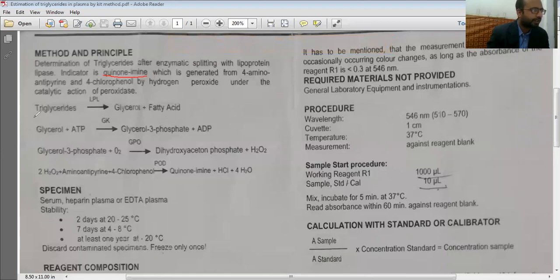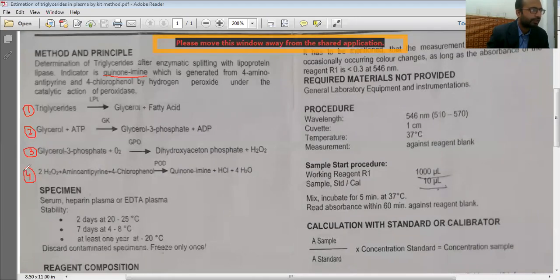Now, in the principle there are four biochemical reactions which proceed in the test tube for the estimation of triglycerides. This is the third reaction, and this one is the fourth biochemical reaction for the estimation of triglycerides. First of all, triglycerides will be present in the serum, and first of all, these triglycerides will